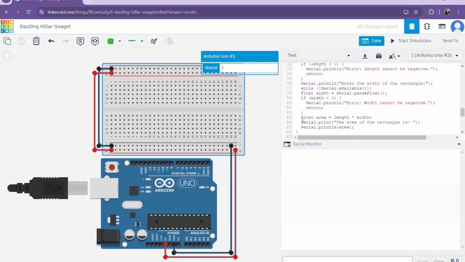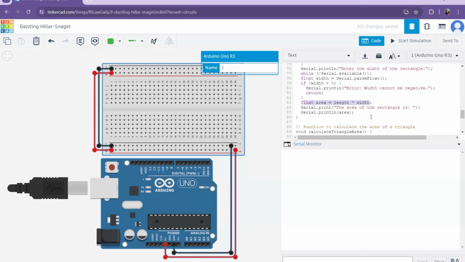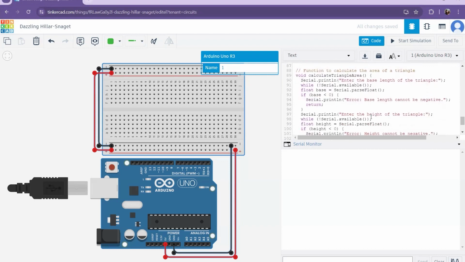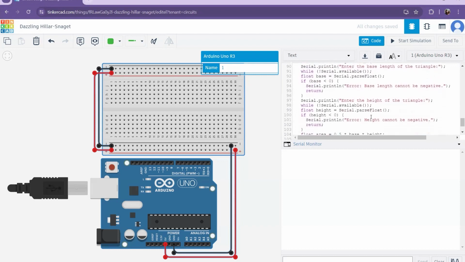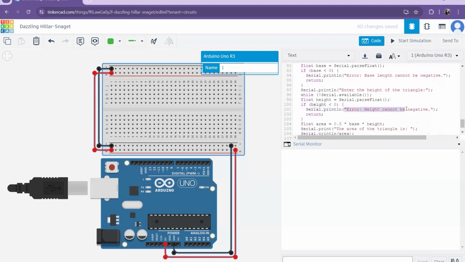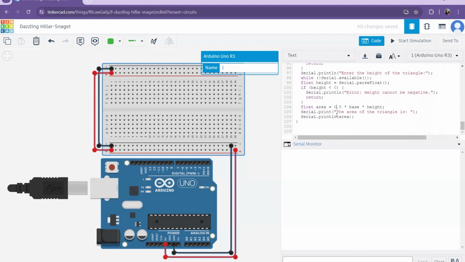And here is the formula for getting the area of the rectangle. And for the triangle area, there's also an error message and the formula to calculate the area of the triangle.